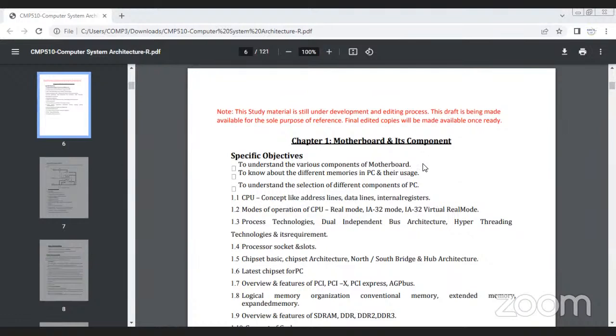The motherboard is defined as a circuit board for the computer system, also called a logic board or a main board. In the computer system, the biggest component is the motherboard, and that controls all the components of the computer system and establishes a link between all the components. From the motherboard, different components like ROM, CPU, RAM, PCI slots, USB ports, and other components